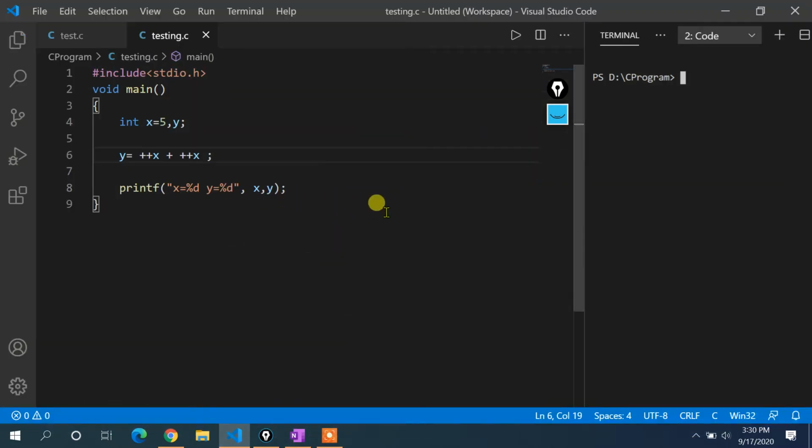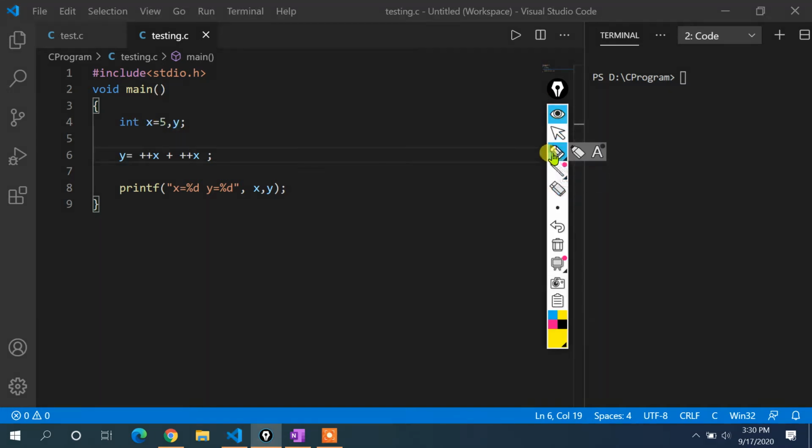For that I have already written a simple program over here. The program shows 3 lines where I have taken two variables, x and y, and x is assigned a value 5. So let us execute it by the compiler. When we execute the program, one variable x will be created, and another variable y gets created, and this memory location will be assigned the name y. Then I have assigned 5 to x, so 5 gets allocated to x.